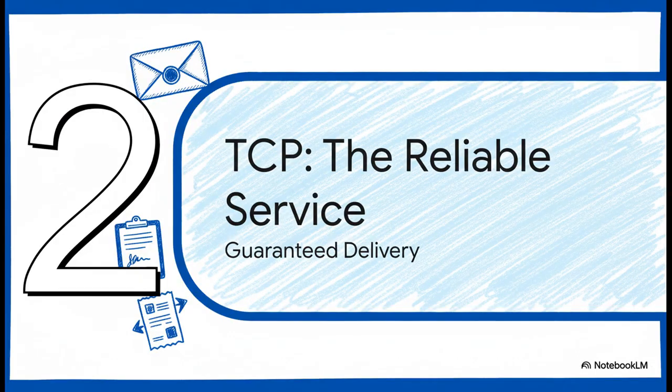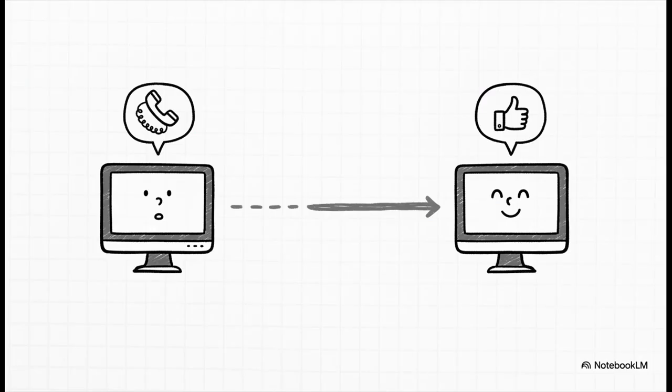Okay, so let's dig into TCP first. This is the reliable workhorse of the internet. Whenever you absolutely, positively need every single bit of data to arrive perfectly and in the right order, you are going to use TCP. So let's see how it pulls that off. The secret to TCP's reliability is that it's connection-oriented. Before it even thinks about sending a single packet of data, it establishes a formal connection. It's basically like making a phone call to say, "Hey, I'm about to send you a big package. Are you there? Are you ready for it?" This little setup makes all the difference.